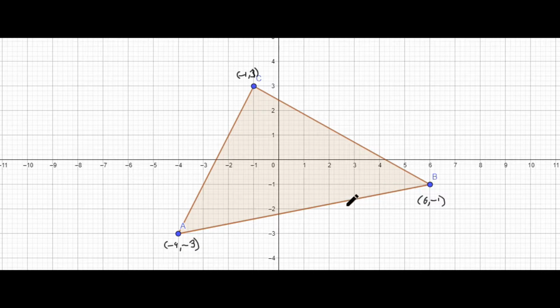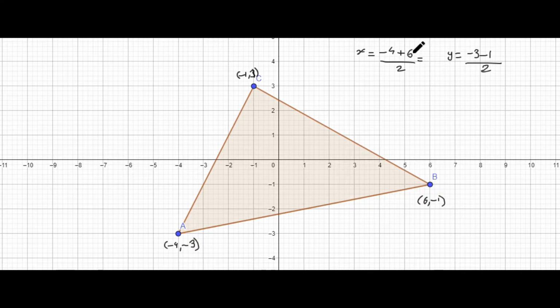Okay, for AB, we need to find the mid coordinates or the midpoint. For that we have to find out both the x coordinate as well as the y coordinate. So we would say that x will be equal to x1 plus x2. So x1 in this case would be -4 plus x2. So x2 is 6. So -4 plus 6 over 2, that will be the x coordinate, and y coordinate will be equal to -3, that is the first point, plus -1. So plus and minus becomes minus. So -3 minus 1 over 2.